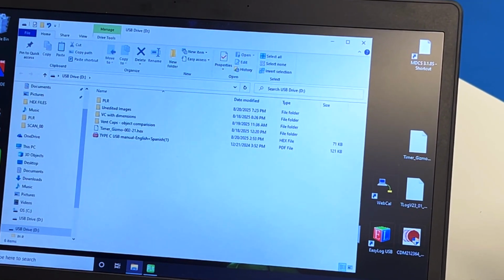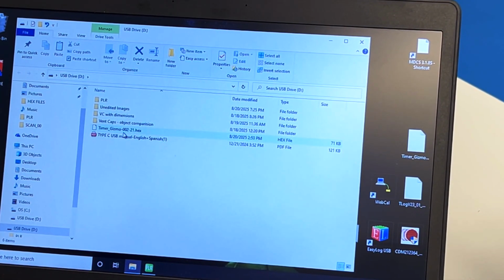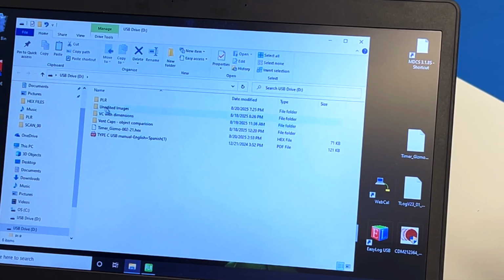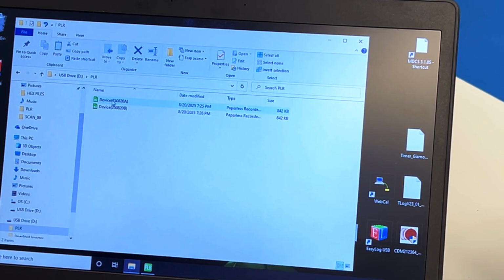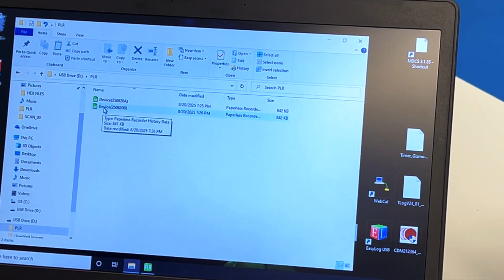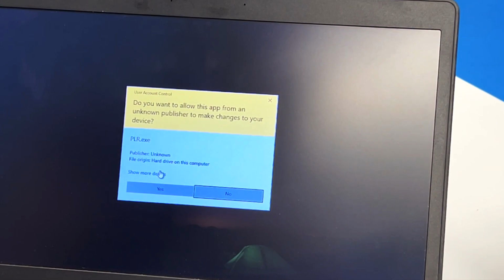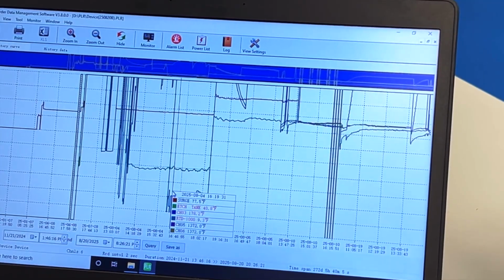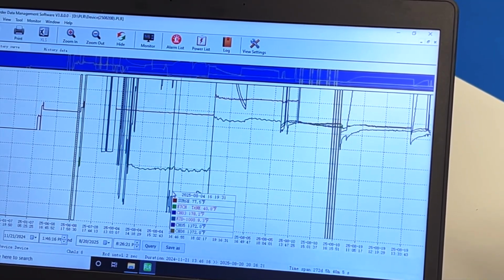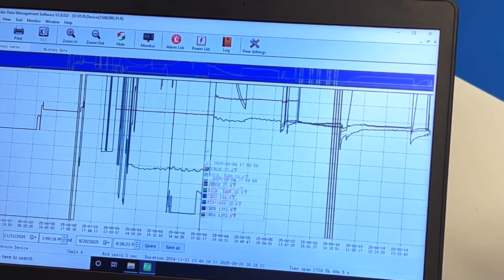Okay. So the program we're looking for is PLR, an acronym for paperless recorder, and I have 2 files on there. This is the one we just took, so we'll just double click it. Just say yes to the prompts here, and it boots right up into a chart, which might be more convenient than going into